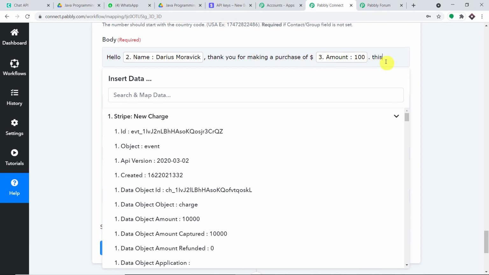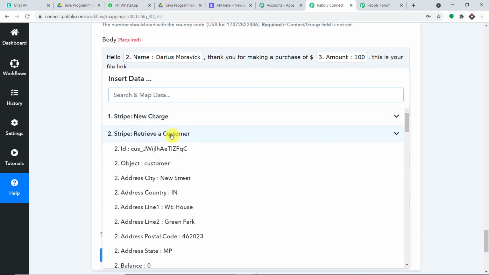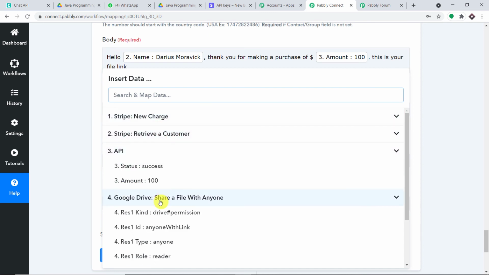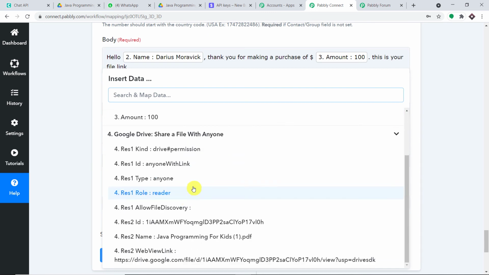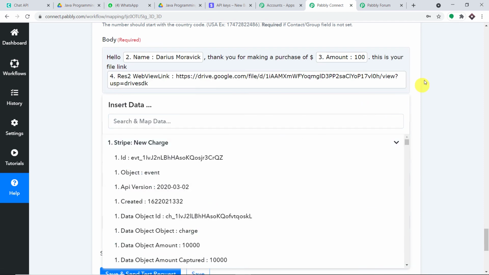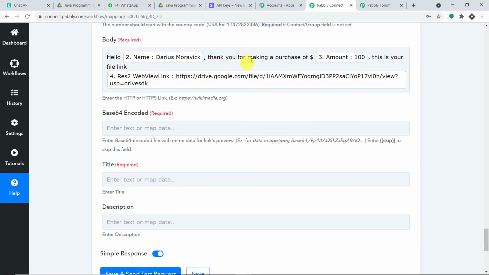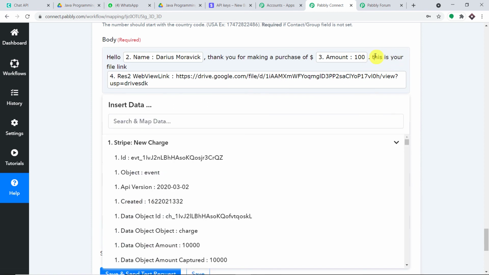This is your file link. And then we are going to map the file link. This is something you will get from the fourth accordion, the one concerning Google Drive, and we have mapped it. Easy. Hello Darius Moravik, thank you for making a purchase of $100. This is your file link. Let me just enter the uppercasing because there's a full stop.